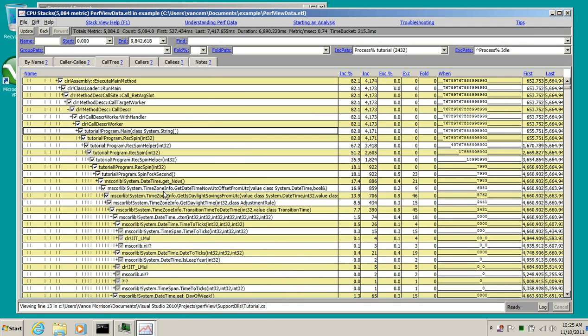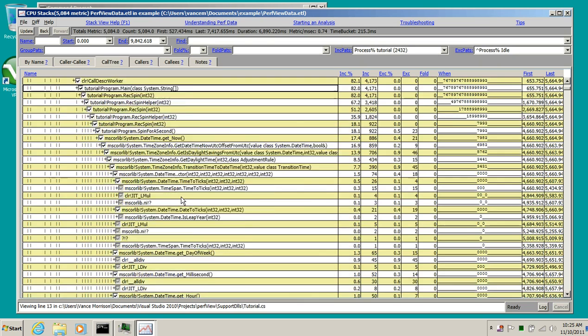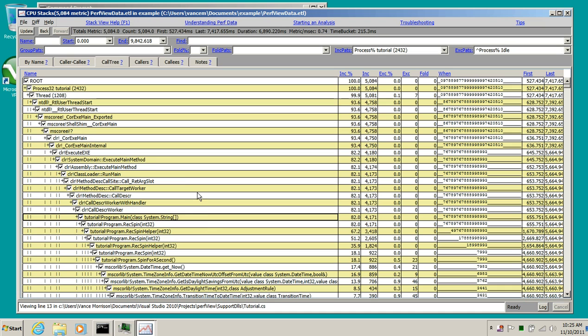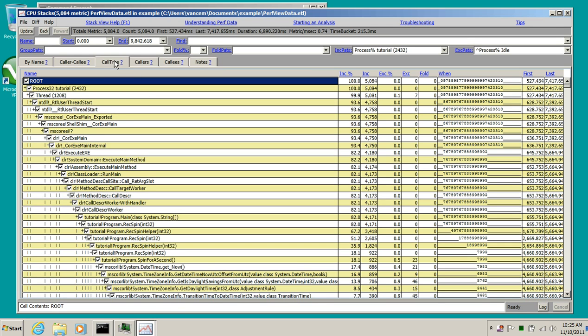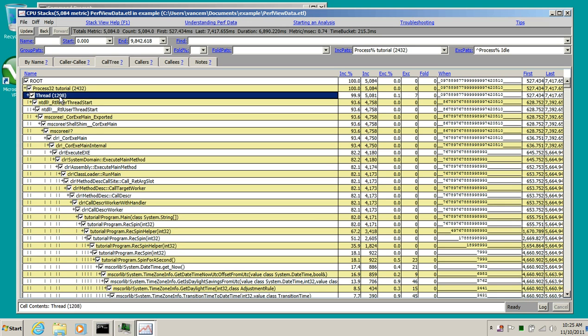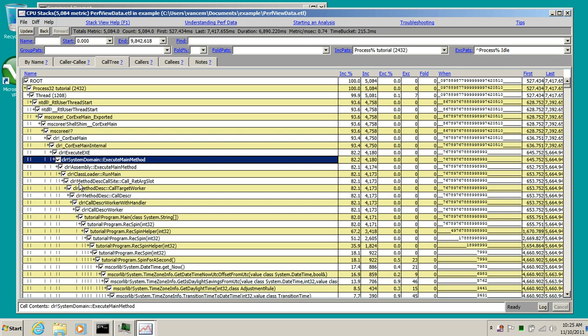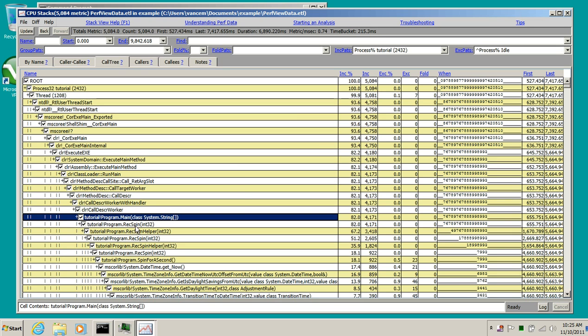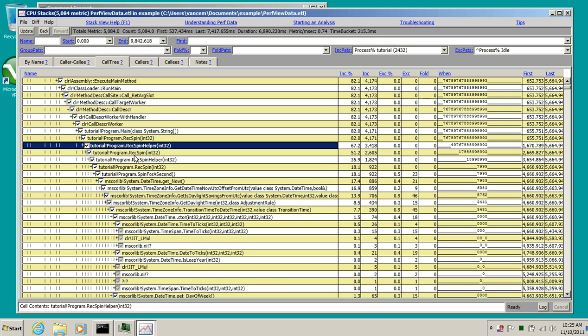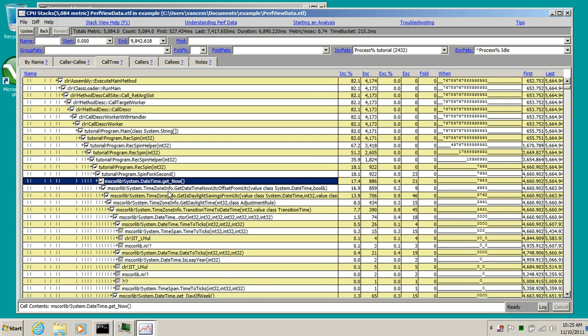The problem is that if you look in all this, it's actually kind of hard to see that. The reason is that there's lots of stuff here that we don't care about. Keep in mind that what we see when we look at a call tree view is literally the stack where samples were taken. So from the root, we were in process, which did a thread, which then called DLL RTL user thread start, which called some routines in here, which called into the CLR, which called finally into our main program, which then calls recspin and recspin helper, which then called datetime now,